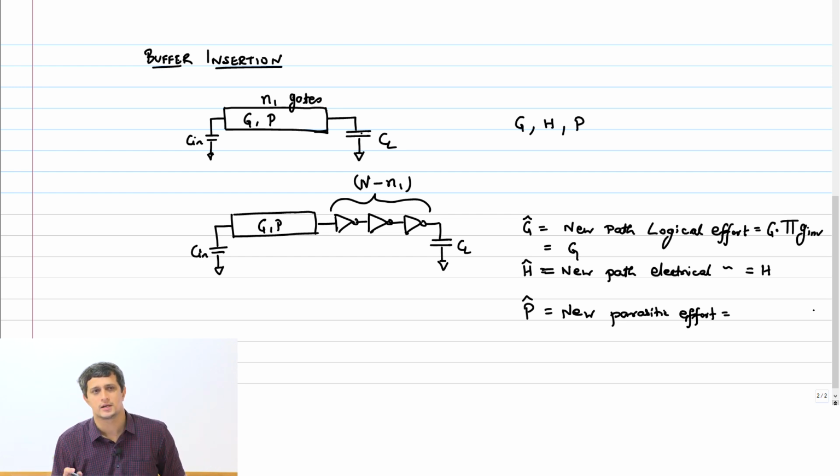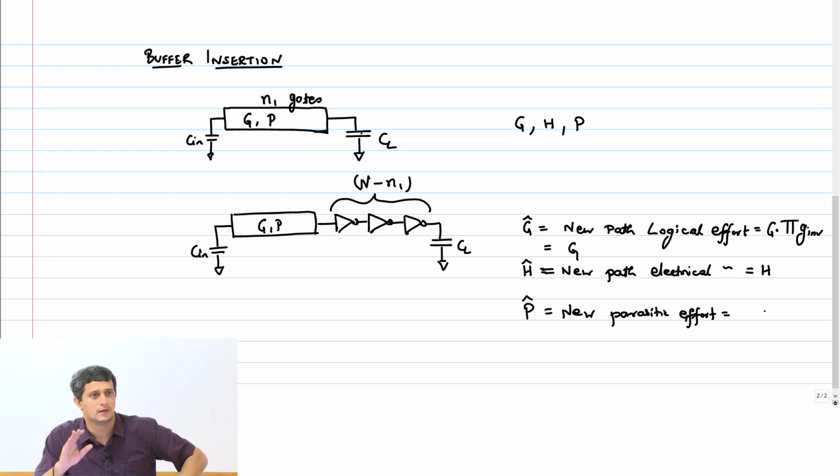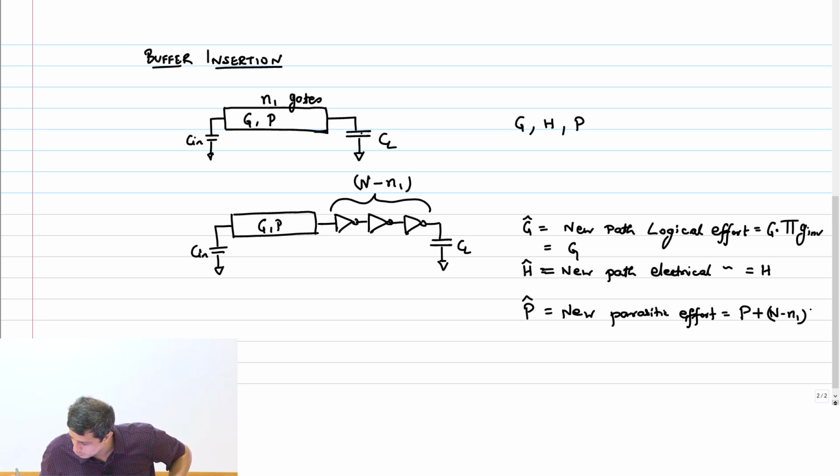So that is something that is quite obvious. If I add inverters, I am adding a delay penalty of those inverters. The only advantage is that delay goes linearly, the other thing comes down exponentially, and therefore I will still gain. That's the intuition. So this is P plus N minus N1 into,